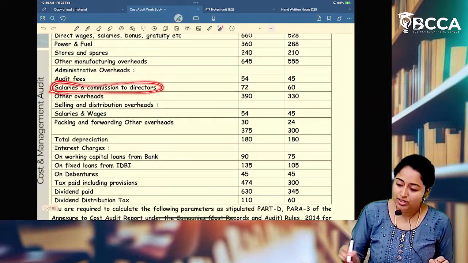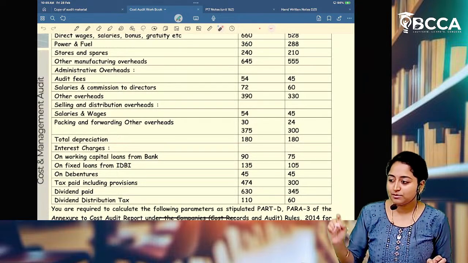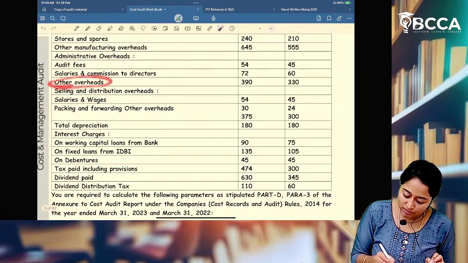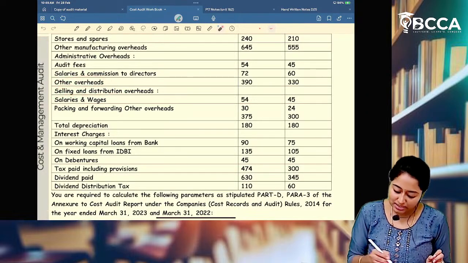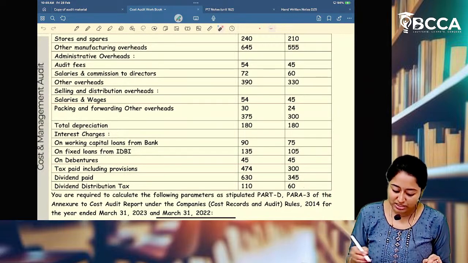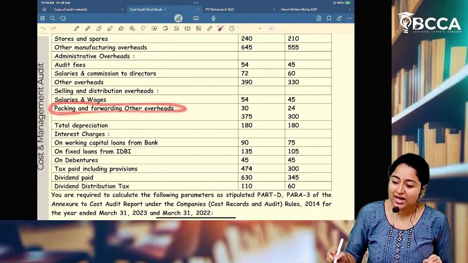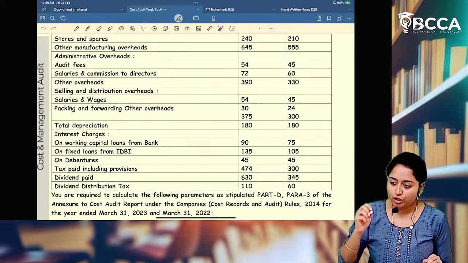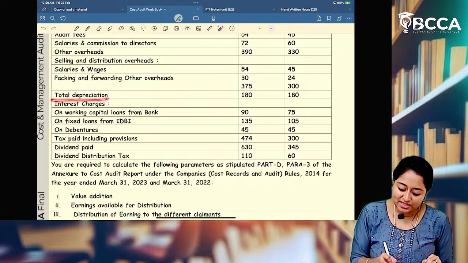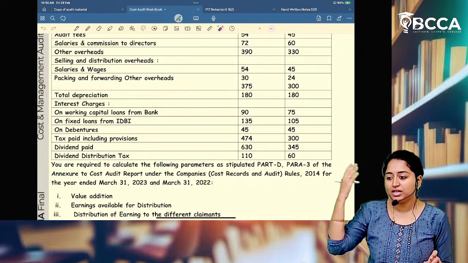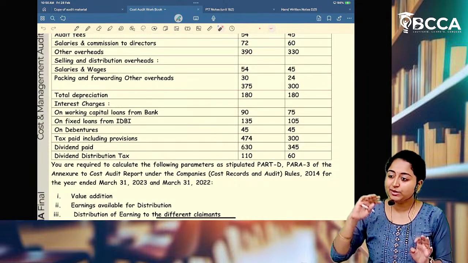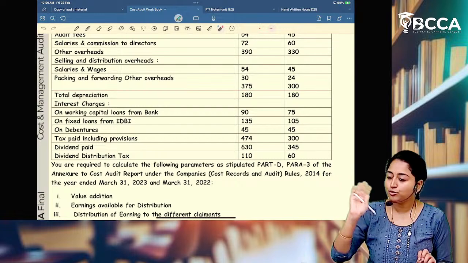Salaries and commission to directors, earnings available for distribution because directors are working for our organization. Other overheads, selling and distribution overheads, in which salaries and wages, we'll take it to earnings available for distribution. Packing and forwarding and other overheads, we'll take it in cost of bought out inputs. Then total depreciation. Depreciation will also be considered as earnings available for distribution, but that will not show in the table. Okay, that will be also taken afterwards. That will not be there in the